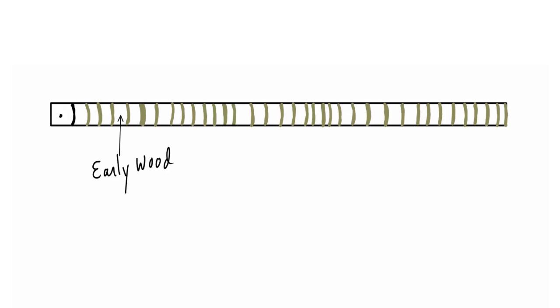Your task now is to count the rings, that is, count the layers of xylem. I call them rings, as if you had an entire tree cross-section to look at, that is actually what you would see: rings of xylem tissue. Recall from Module 1 that each year of secondary growth inside a tree results in a band of light-colored early wood and a band of dark-colored late wood. Either band can be used to represent a year of the tree's life.